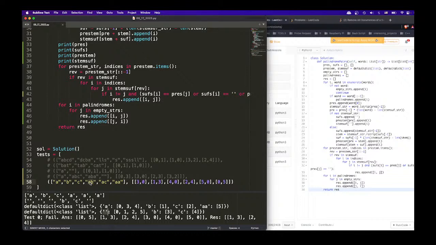So AB is the... No, it should be A is supposed to be the prefix. B is supposed to be the stem. Right? If B is the stem, then